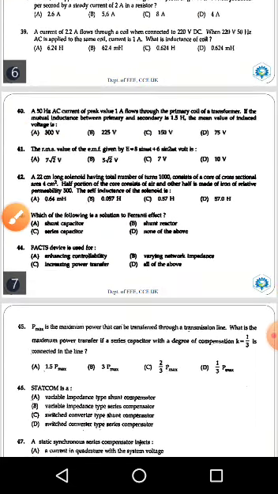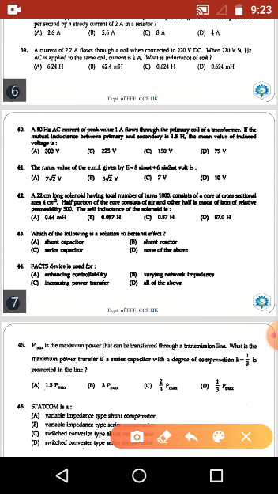Moving to question number 42, a solenoid having 100 turns consists of cross sectional area of 4 centimeter square. Half of the cross section is air and half of this is made up of iron with a relative permeability 500. The self inductance of the coil is, the equation for self inductance is N square by reluctance, N is 100, and reluctance is reluctance of air plus reluctance of iron. So, adding that you will get the total reluctance. Substituting the equation, you get the value to be equal to 57 Henry. So, the option is C.